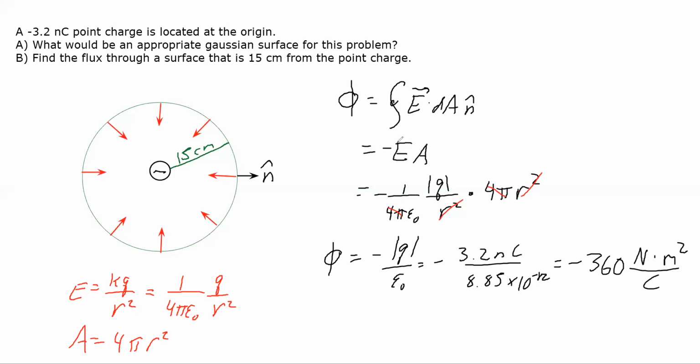All right, so a couple observations here for flux. It's kind of interesting. It doesn't really matter on the radius, right? It didn't matter that I said here 15. Nowhere did 15 come in my final calculations, right? The radius canceled out. So what does that tell you about flux? That tells you that it doesn't really matter how far you are from the charge. If you look at a Gaussian surface that's really close,